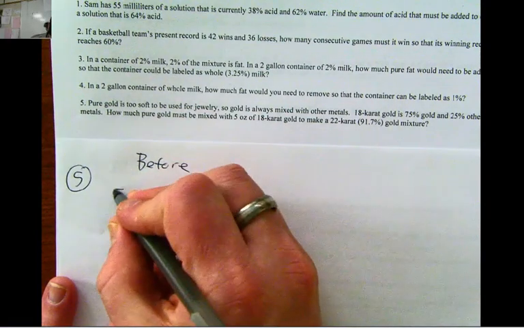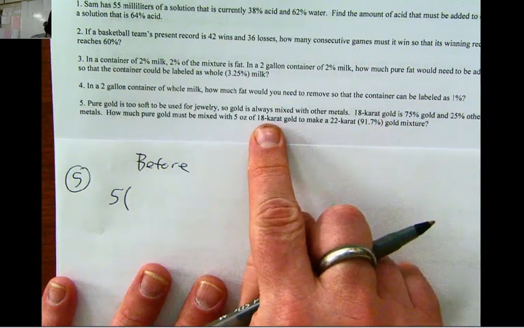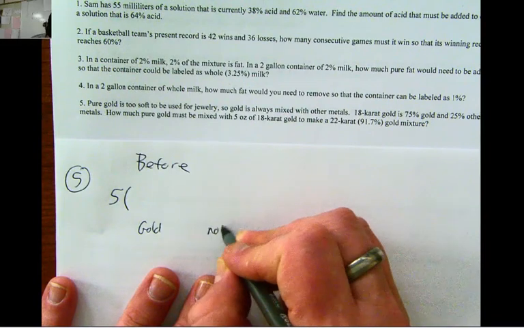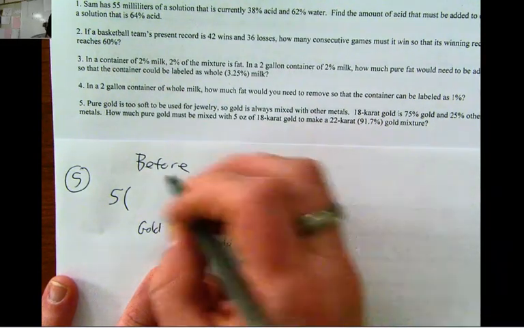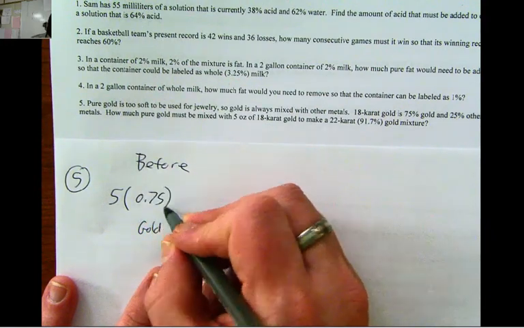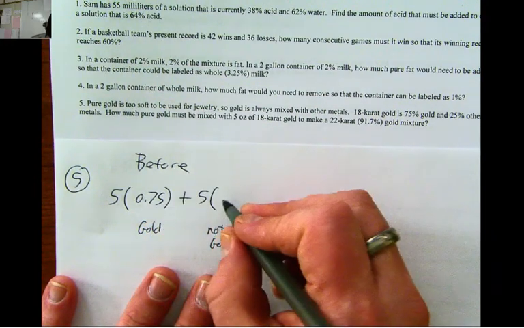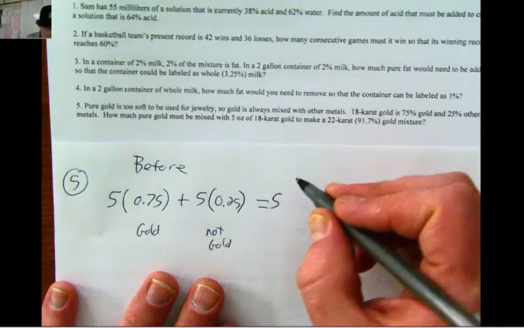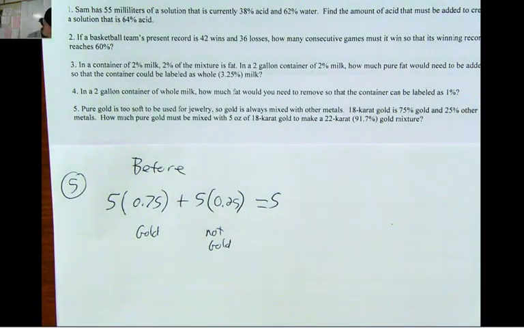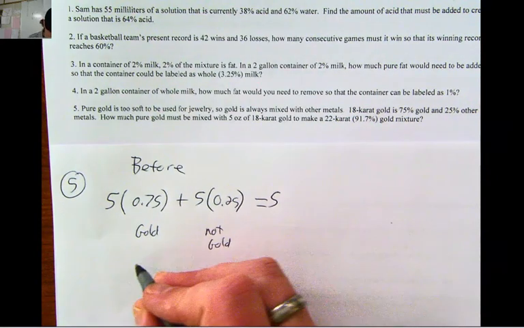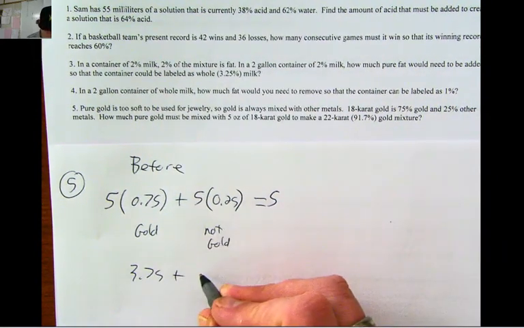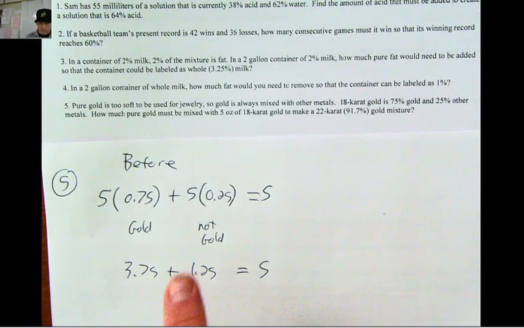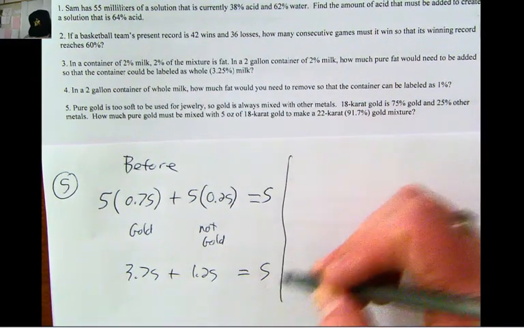Okay, so before, you had 5 ounces and it's 18 karat gold, so it's 75% gold plus not gold. So of those 5 ounces, 0.75 is gold, and 25% of it is not gold, and that will add up to 5. And maybe do a little bit of math. 5 times 75% is 3.75, which would make this 1.25. So I have 3.75 ounces of gold and 1.25 ounces that's not gold, which adds up to the 5 ounces